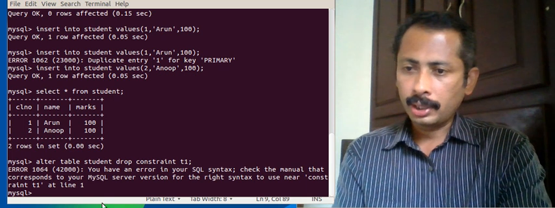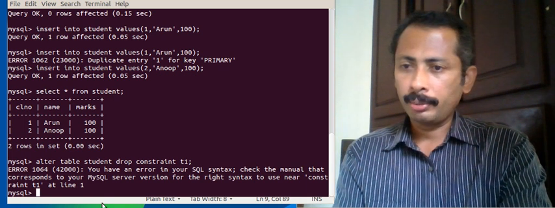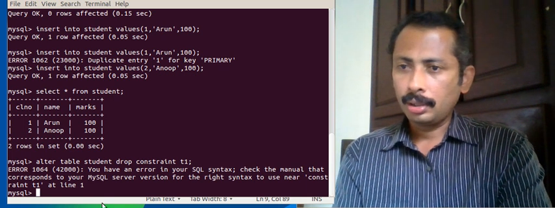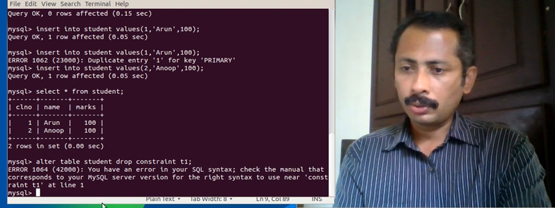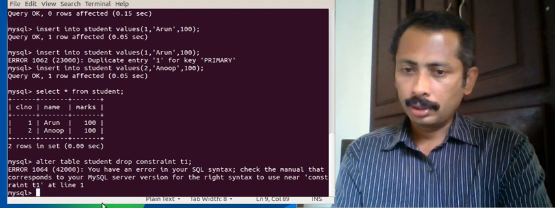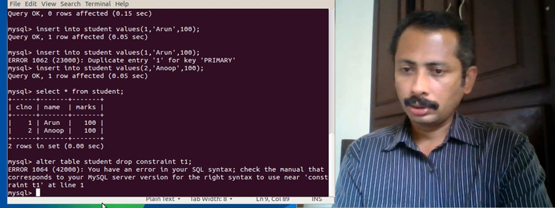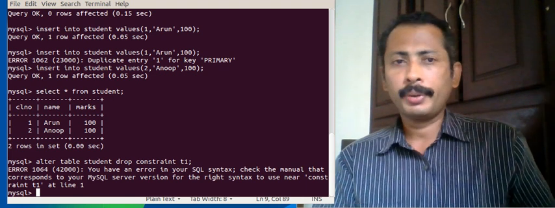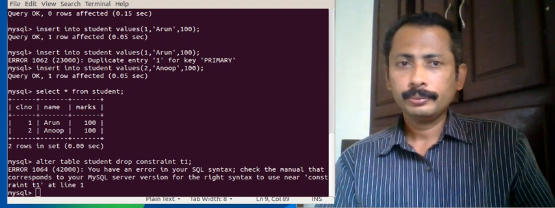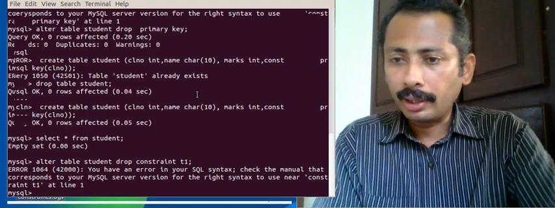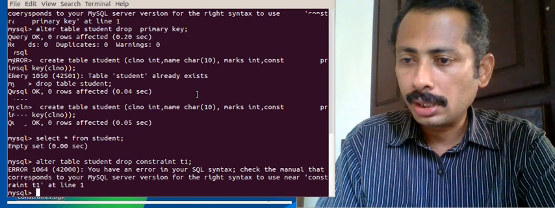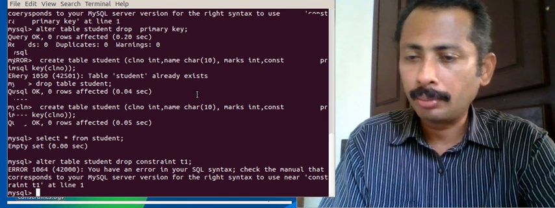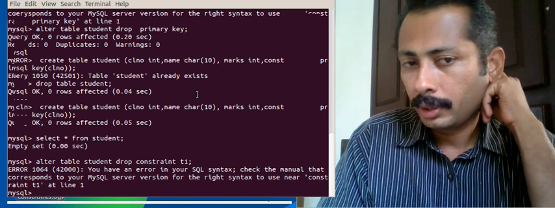Alter table student drop constraint T1. It shows some error. We will see what it is.